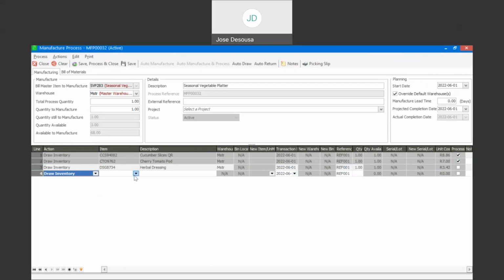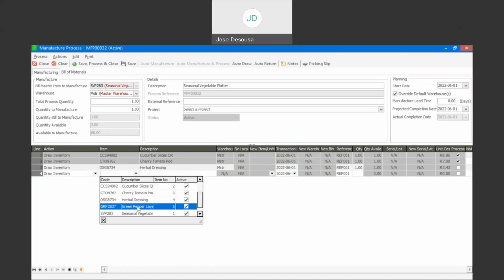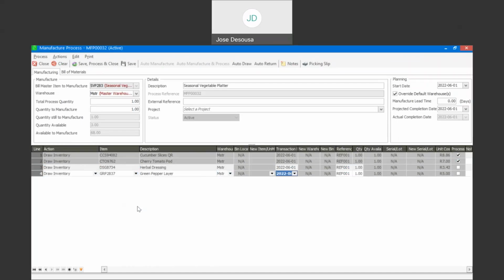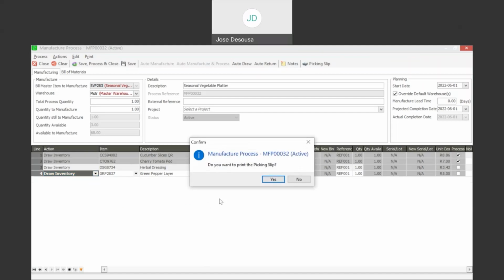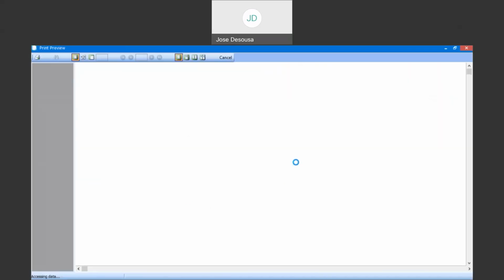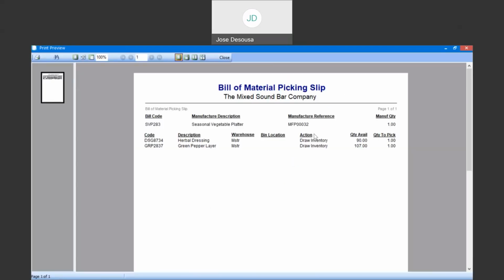And there we go. So I've drawn the 4 items, however, I've drawn them at different stages or different points in time. So I'm going to say save, process, and close, and I'm now going to be able to go to those 2 items that were added afterwards. They're the 2 items,